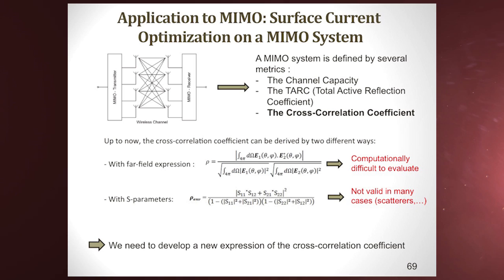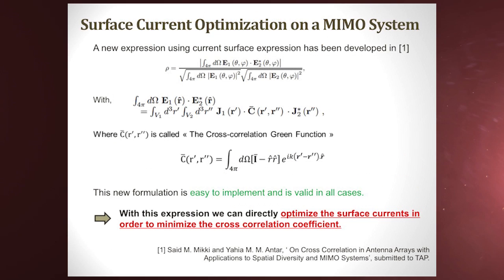And in a MIMO system, when you bring too many antennas together and try to optimize the space and so on, relating things to the currents on the antenna would be a more accurate situation. So using the concepts that were developed earlier in the antenna current gain function, we actually came up with a new correlation expression that is related to the currents on the antenna. So now you can control the currents on the antenna to optimize your correlation and so on.